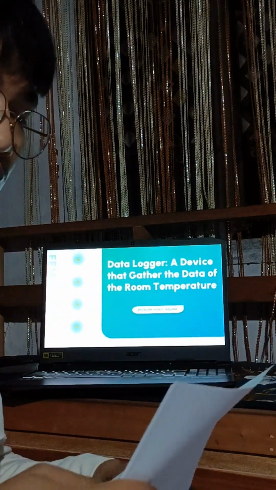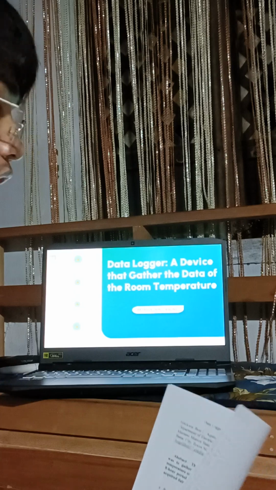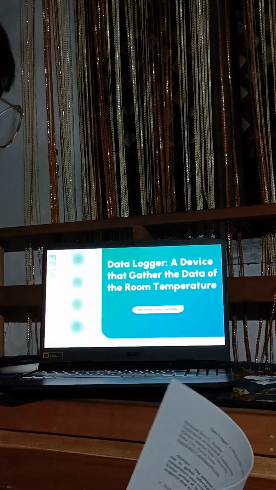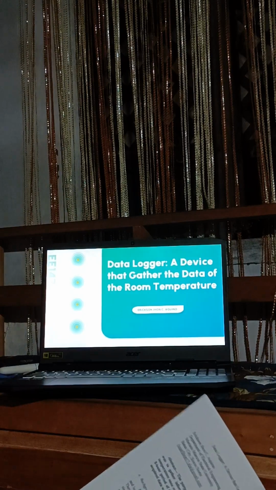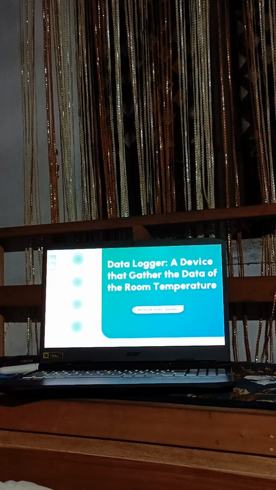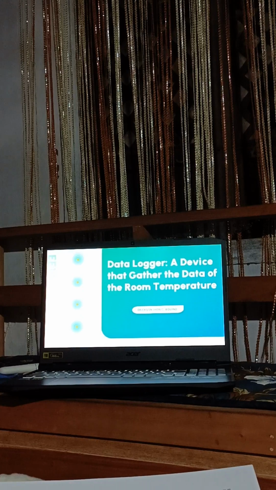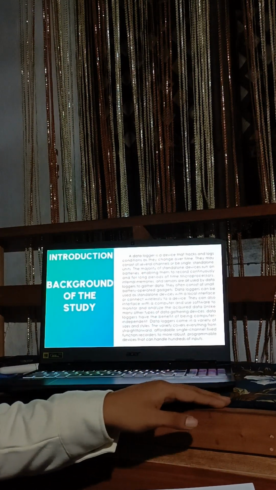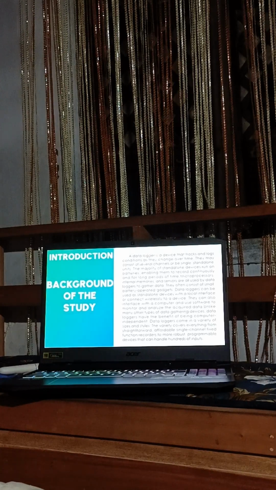Hi sir, for this video I will tackle my presentation and the experiment that we've conducted. Data logger, a device that gathers the data of the room temperature. For the background of the study, a data logger is a device that tracks and logs conditions as they change over time. They may consist of several channels or be single, standalone